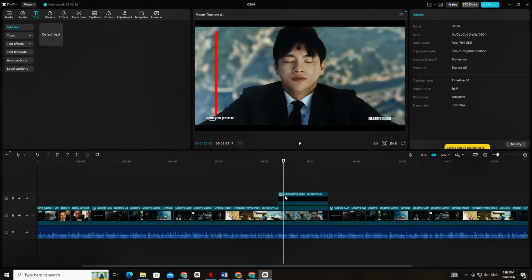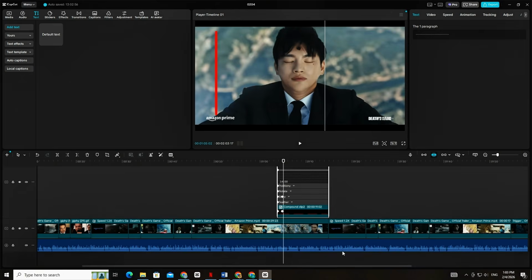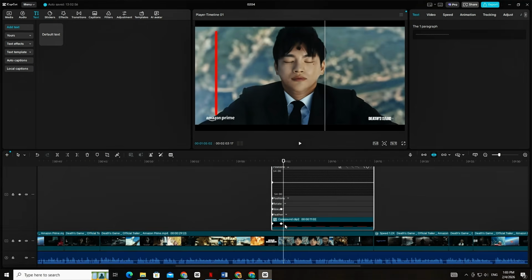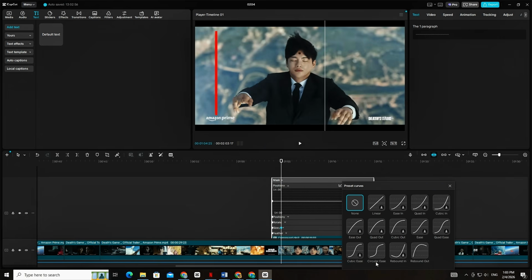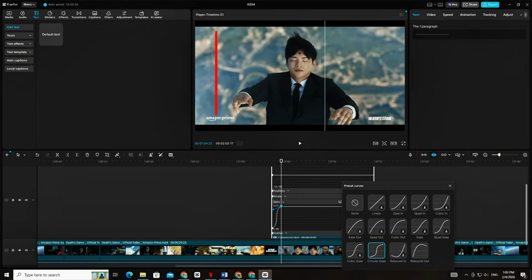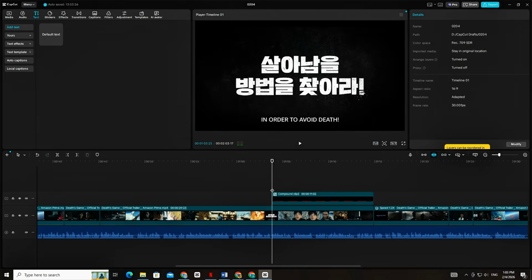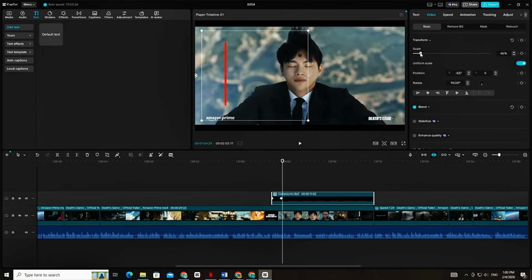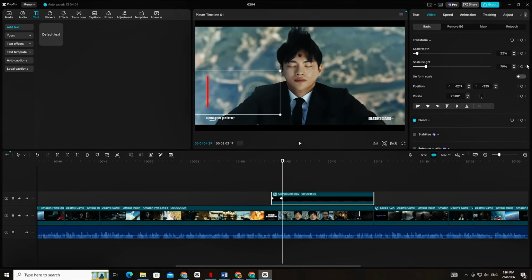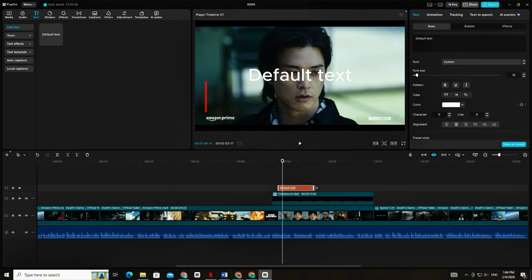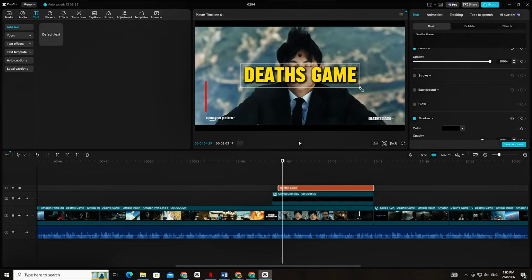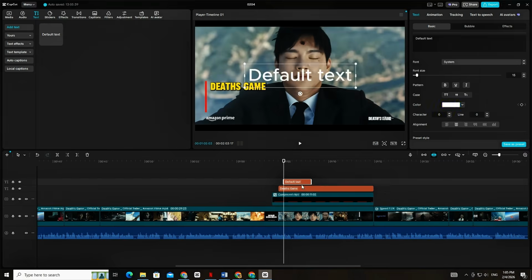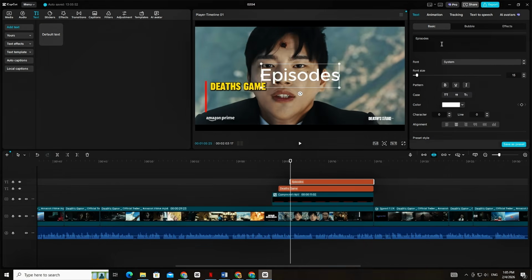To make it smooth, simply click on the clip once again and head to Variable Speed, and then click on Customize. Make sure to select the little graph icon, and from the list, make sure to select Ease In Animation. And now your animation will look smooth and professional. Now, place this line at left bottom like this and reduce the size. Now go to text once again, and now you need to write down the name of the K-drama, IMDb rating, and average episode length. Make sure to write each in a separate text box. Make sure to write the name of the drama in bold font.